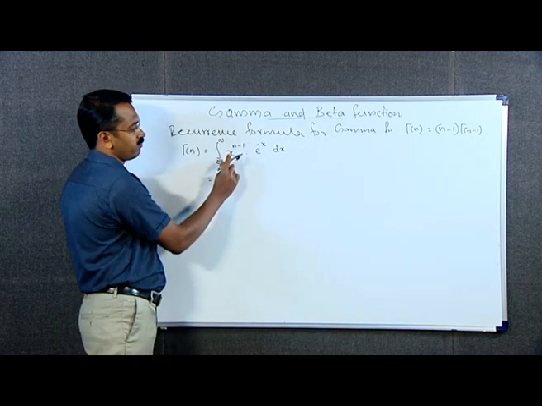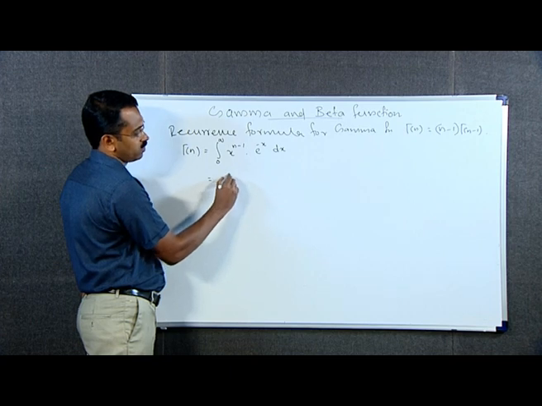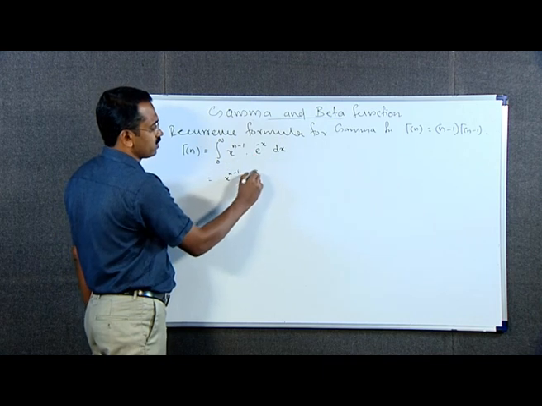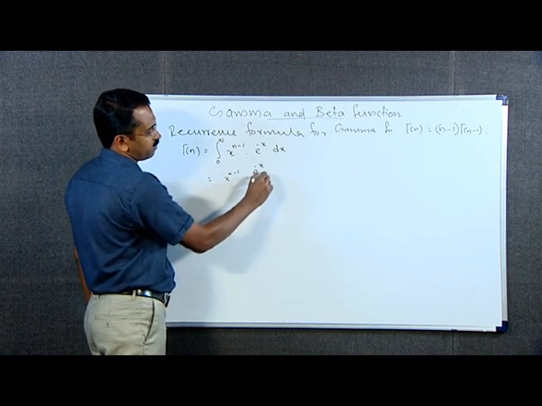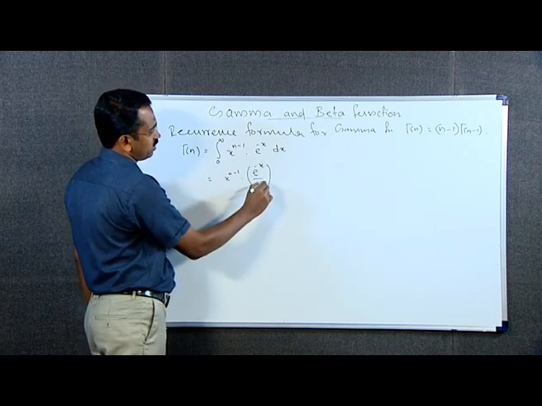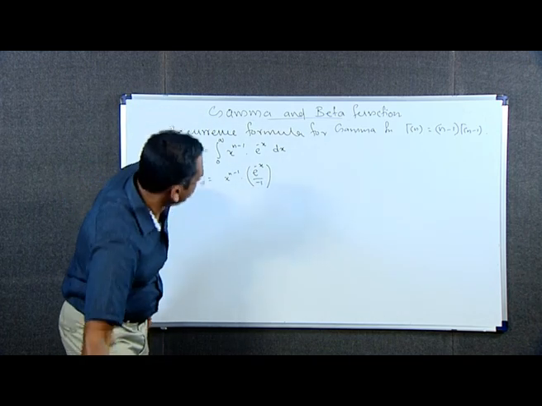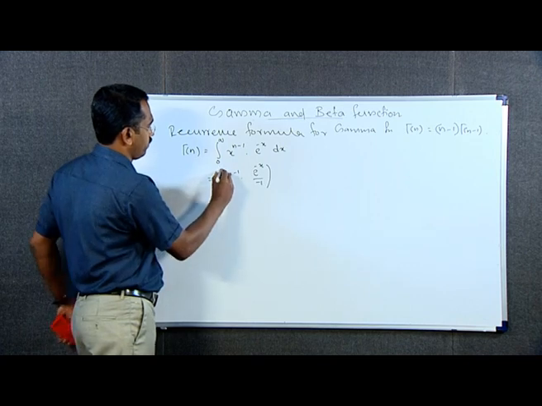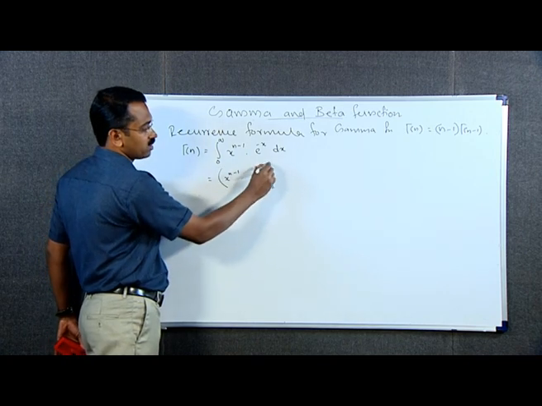Therefore, the first function x raised to n minus 1 into integral of the second, e raised to minus x divided by minus 1, between the limits 0 and 1. Sorry, the limits are 0 and infinity,